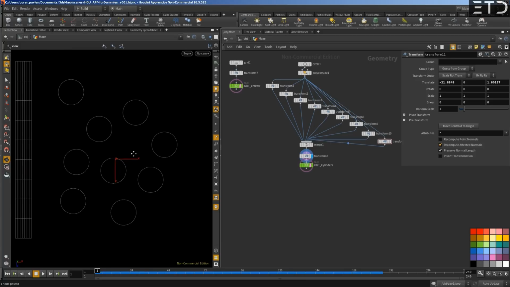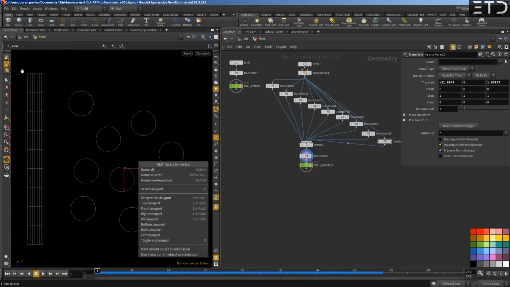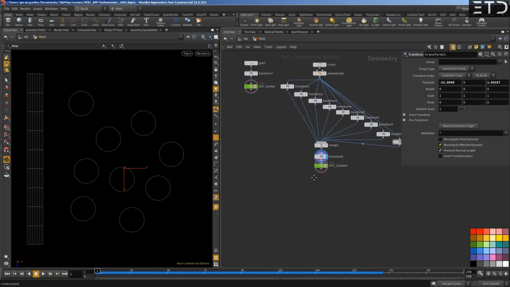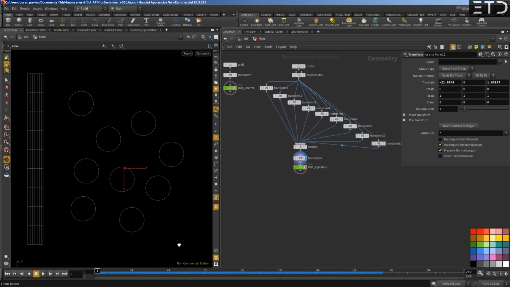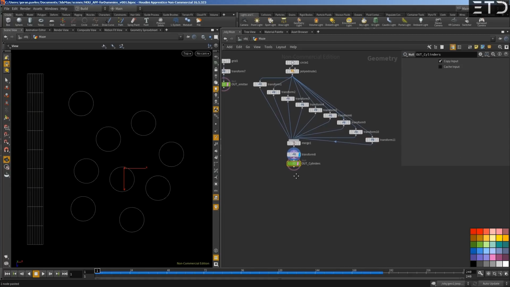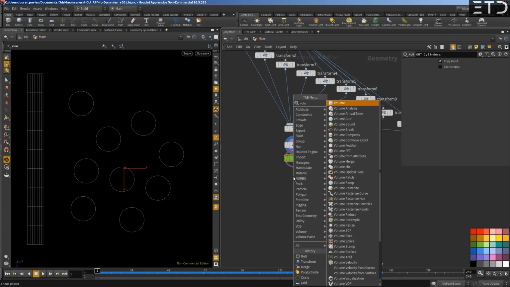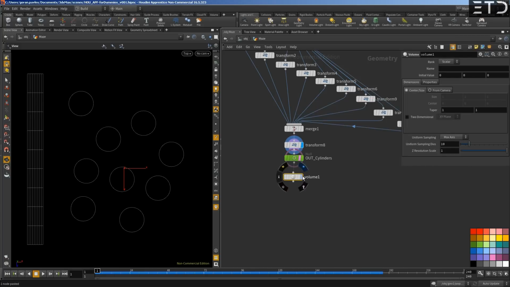So how do we do this? Basically what we did, we created an APF field, which is an all-purpose field, which is just a volume that holds vector data. To generate a volume that fits perfectly all of these objects, which was just one geometry, all we have to do is type volume, and bam,